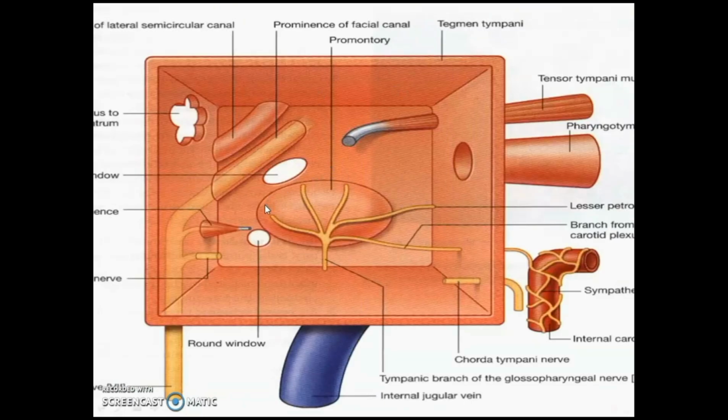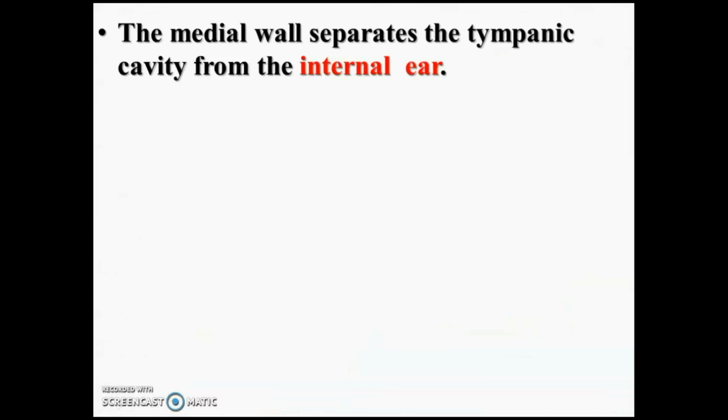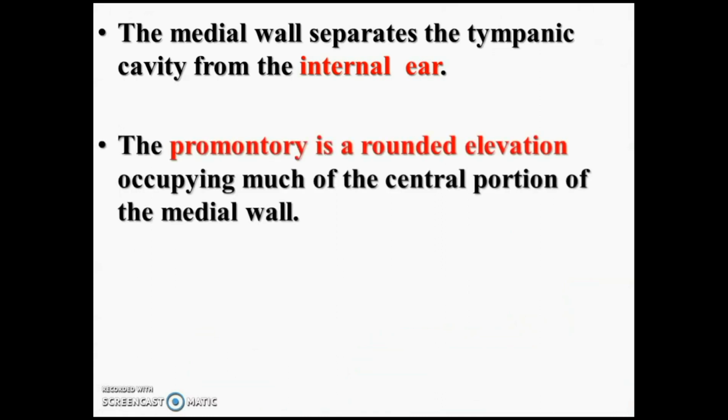And coming to the most important, that is the medial wall. What you see here is the promontory covered by the tympanic plexus. Posterior superior to the promontory you will see the oval window, posterior inferior to it is the round window, and you will see the oblique part of the facial nerve and also part of the lateral semicircular canal. In front you will see the processus cochleariformis from the epitympanic part, around which the tendon of tensor tympani will wind. So the medial wall separates the tympanic cavity from the internal ear.